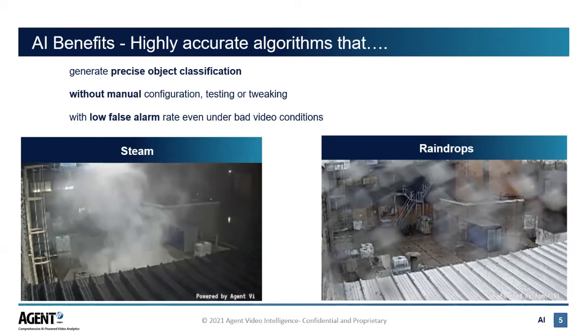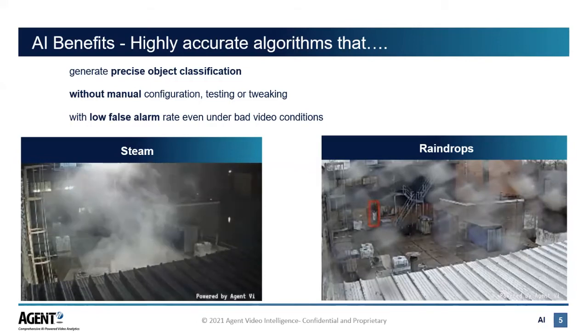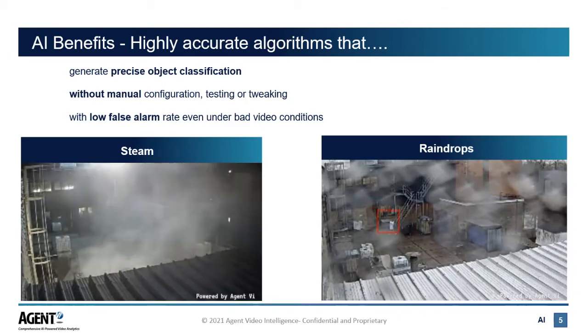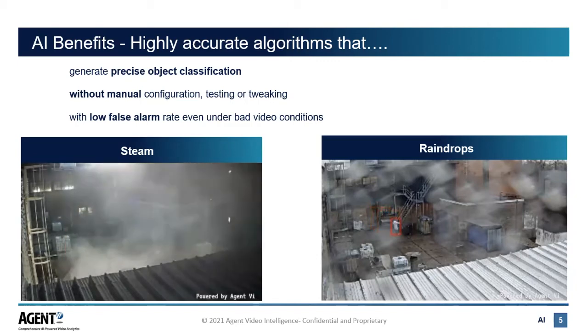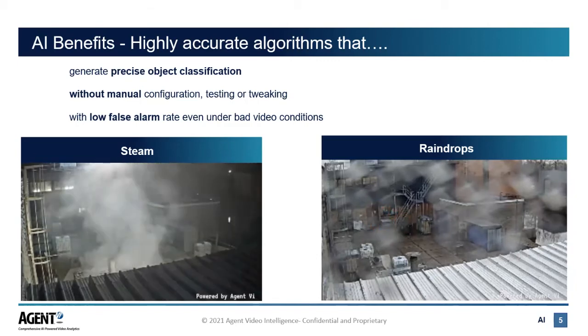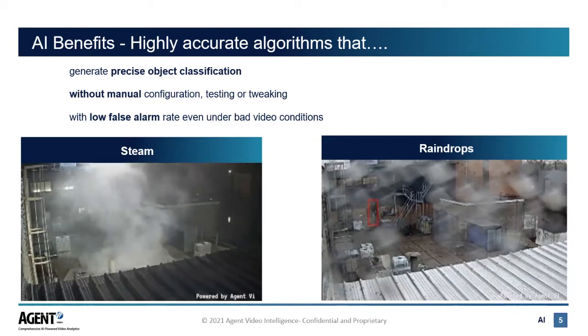Now, let me say something about the false alarm rates. This is actually not magic. It's sort of inherent in the way these new deep learning algorithms work. So let me go back and abuse my analogy just a little bit with my daughters. So, as I said, I would teach them what ice cream looked like. Well, at that point, if we put broccoli on their plate, they had no interest in broccoli, because they had already been trained ice cream was what they wanted. So, in a way, the nuisance filter for my young daughters was that broccoli was a nuisance food to them. So they would ignore it because it was not what they were trained to spot.